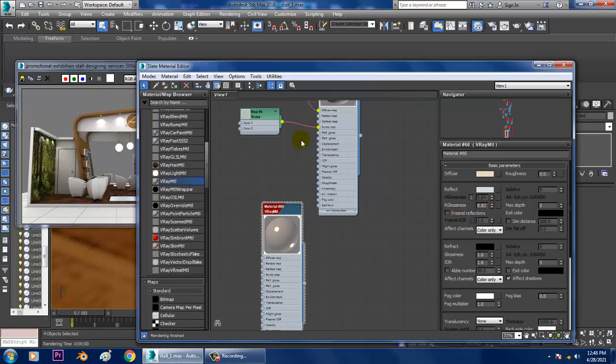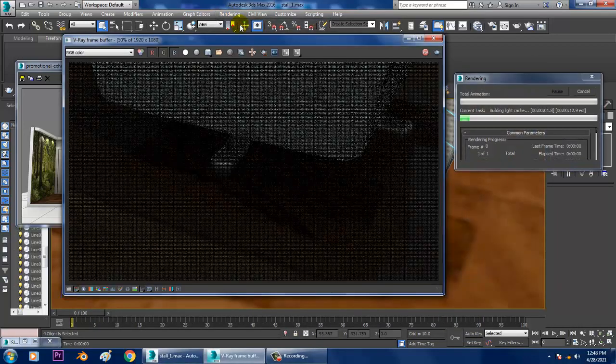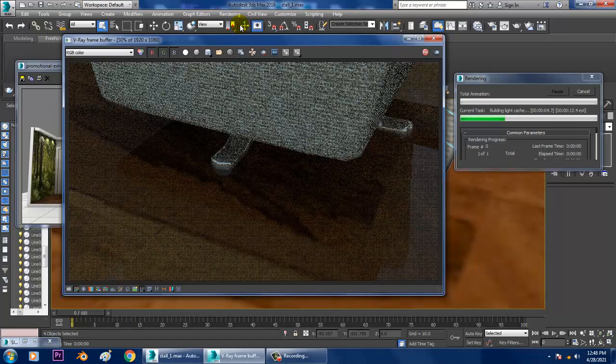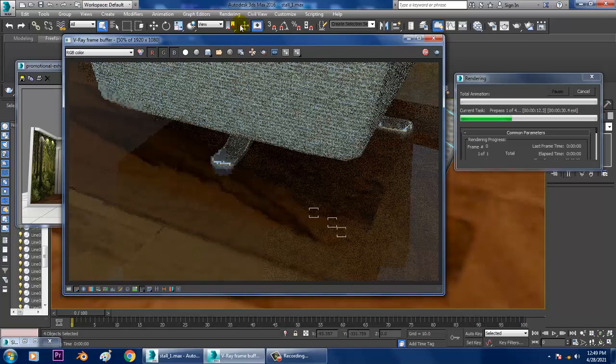If I turn off this Fresnel reflections, and now if I render that, I'll get more reflectivity over here. So as you can see over here, let's see how it looks after you rendered it.